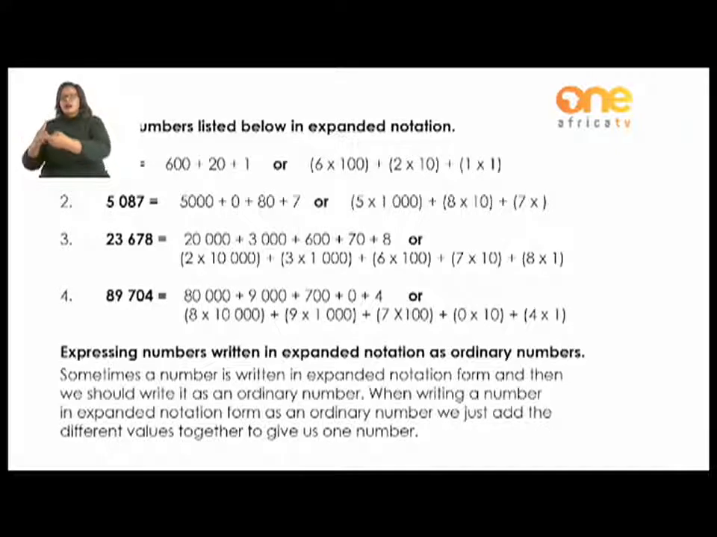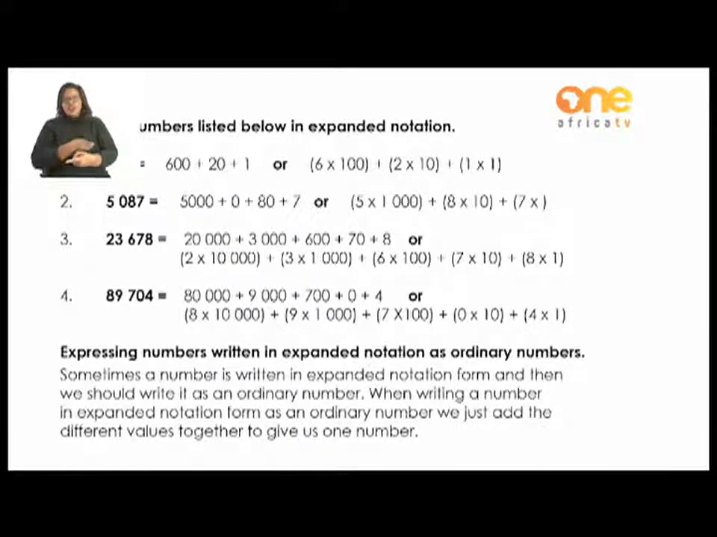Then we've got one more example, 89,704. It's quite a big number. If you write it in expanded notation, the value is 80,000 plus 9,000 plus 7,000 plus 0 plus 4. And if we use the multiplication part, then we say 8 times 10,000, which is equal to 80,000 plus